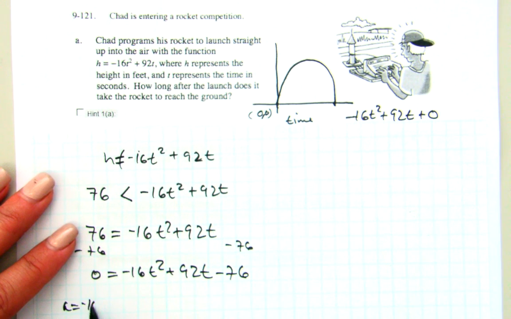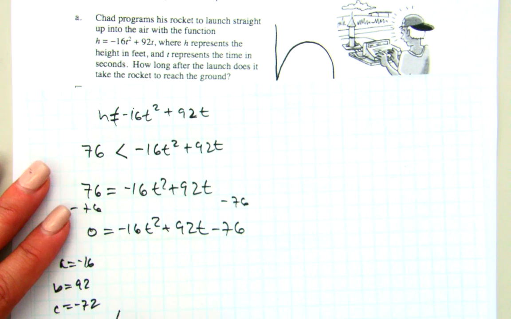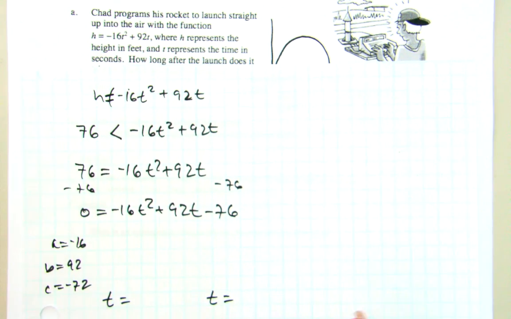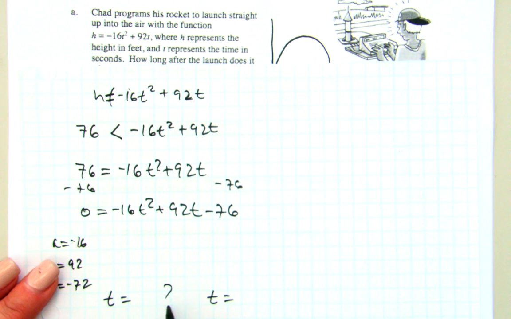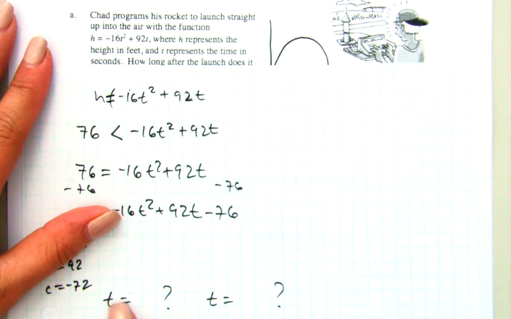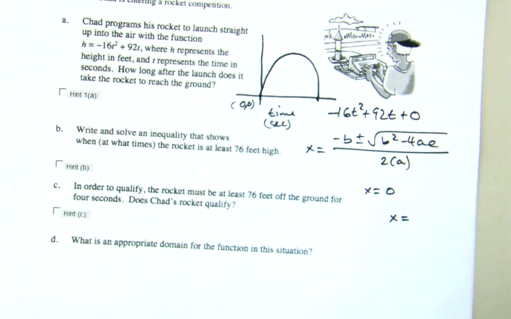Your A is going to be -16, your B is going to be 92, and your C is going to be -76. Plug it all in, and then find out at what time intervals, because that's what you're really solving. At what time intervals is the rocket in the air above 76 feet? Do the quadratic, work it out, and then